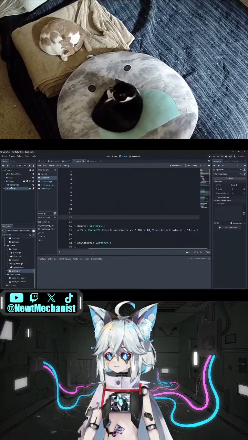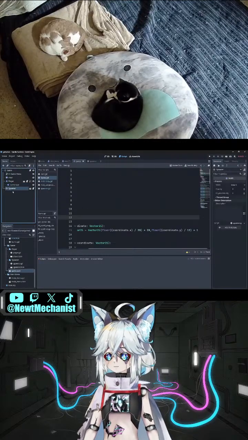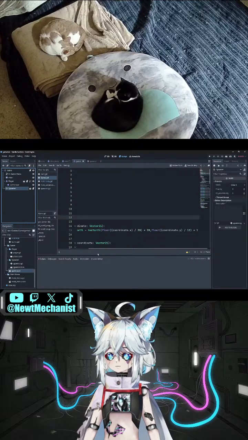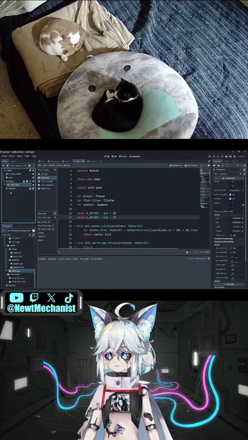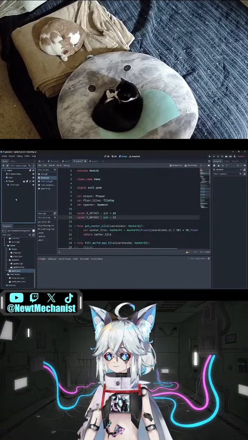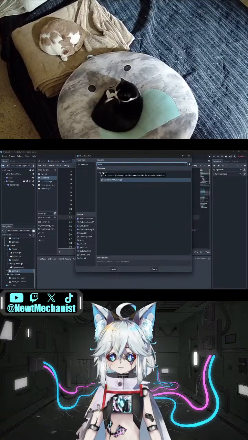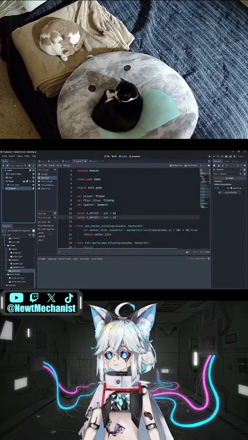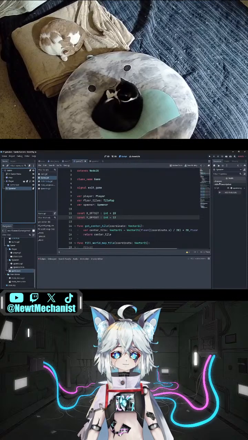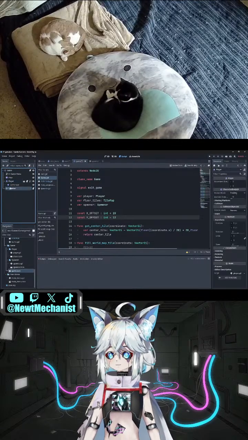So we go into game. We don't want a spawner like this. We want to create a new node. We're going to look for a spawner like that. And that spawner should have